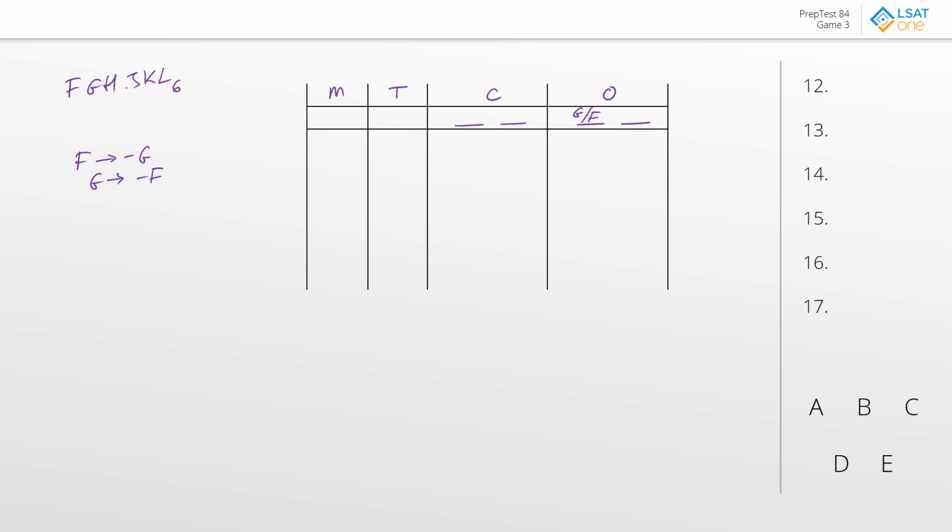Next, if H is a nominee for counselor, then we're told that J will have to be the nominee for mayor. So I guess we can say if J is not the nominee for mayor, H certainly is not going to be the nominee for the counselor. Next, the nominee for treasurer must be either F or H. So I guess we can say that the treasury has to be either F or H. And we can even leave a placeholder here. One of F or H is definitely going to be the treasurer. And lastly, K cannot be the counselor. So I guess we can say K cannot be counselor. So there will not be any Ks in that position.